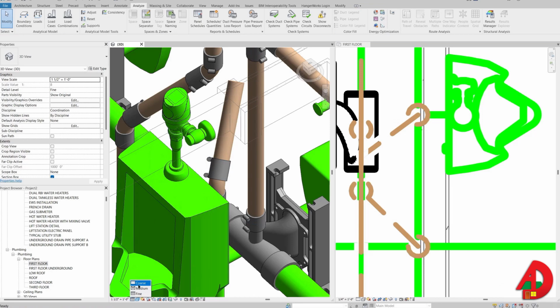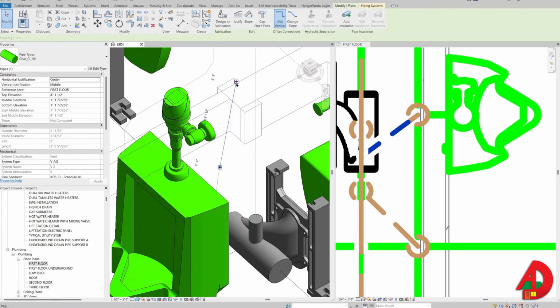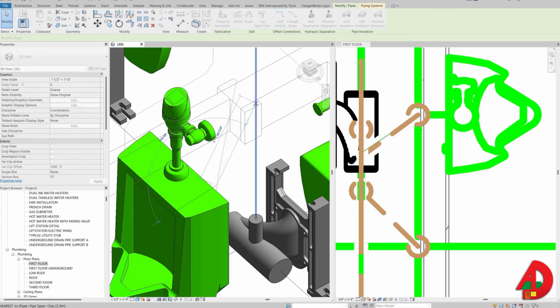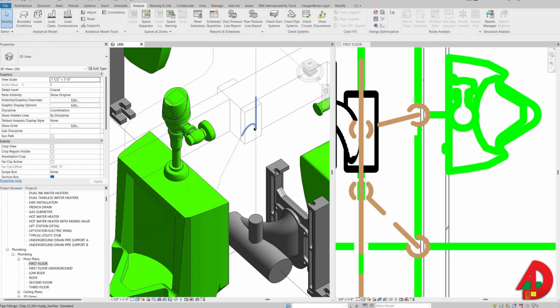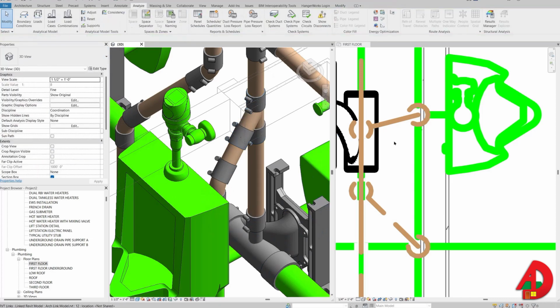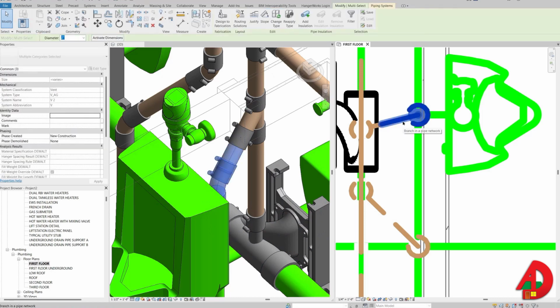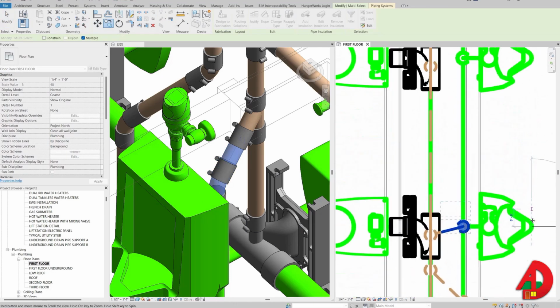Instead, I will change the view to coarse, and this way I will just see the axis of my pipes. Now I can simply drag and connect. When I change the view back to fine, I have this funky fitting that can be easily swapped with a Y. For the other urinal, I will just hover my pointer of the mouse over this segment and hit Tab key once and use the copy command to duplicate this from the center of this urinal to the center of